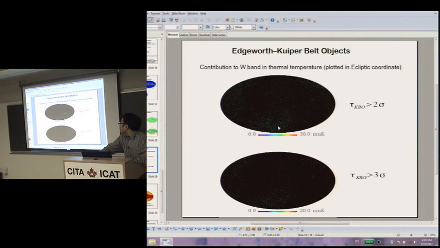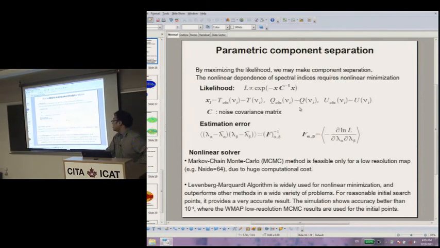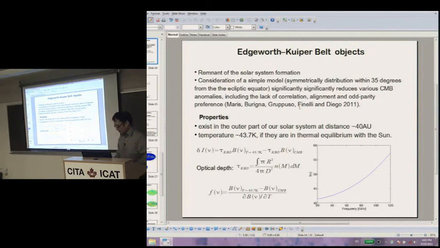Imagine that the dust grains were actually twice as hot. Do you know how that would change your answers at all? You mean I change the temperature? Yeah, just change the temperature of the dust and say it's 80 Kelvin instead of 40. Let's see. It's not clear. They are hotter, but they're also not as good at emitting. Yeah, that's true, because it's going to affect this ratio.